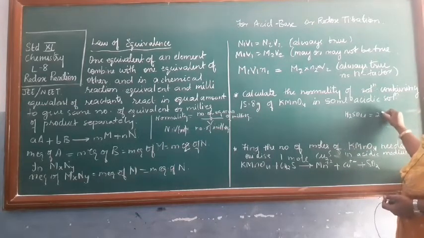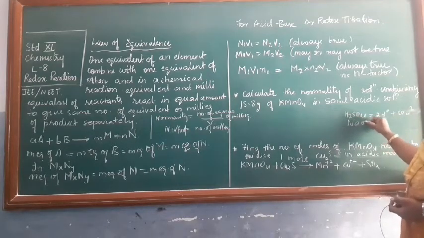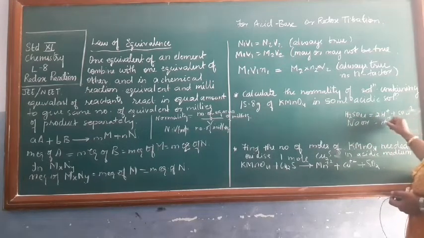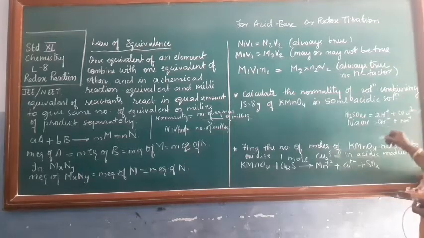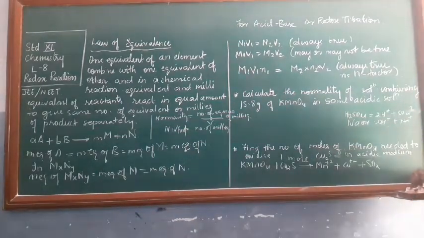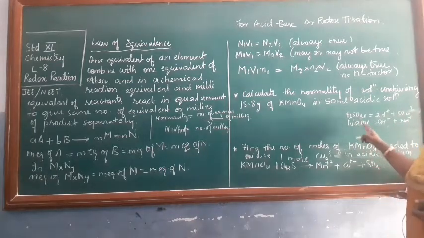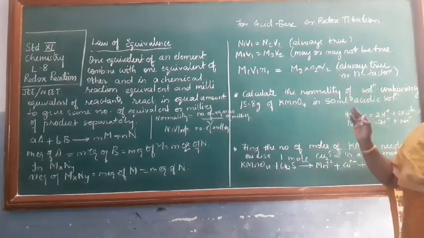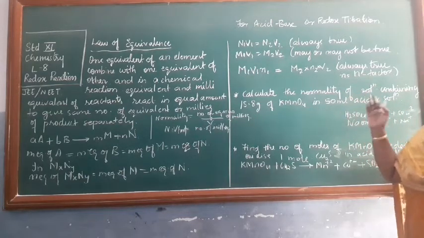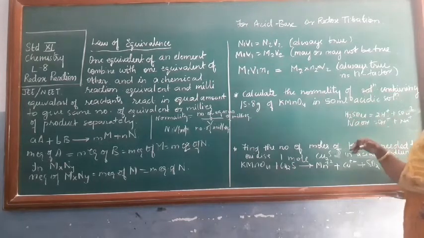That is, H2SO4 dissociates into 2H+ and SO4 2-, while NaOH will dissociate into OH- and Na+. So 2H+ ions are present and only one OH- is present. So then how will the neutralization take place? It won't work with the molarity term, we cannot find it out, but with the normality term we can, because normality considers equivalents, which is the weight of the substance upon the equivalent weight, and the equivalent weight of H2SO4 will be half of the